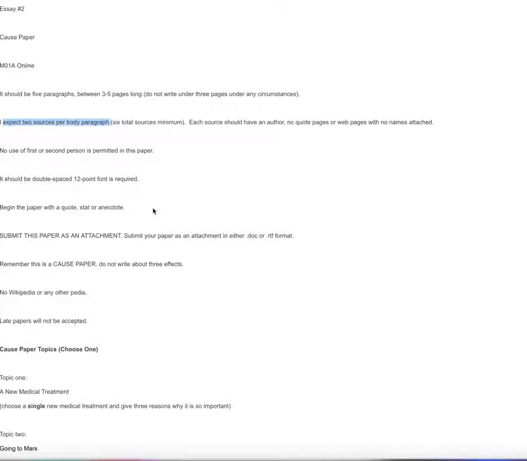What are 3 reasons why, for example, I chose to get a Saint Bernard as a dog or as a pet? This is not an academic topic, but I can tell you, looking at my very large dog to my right, there are many advantages. But if I say there are 3 advantages, that really doesn't tell me it's a cause paper. It's like 3 examples of advantages. So I need to dig down and find 3 reasons why I got the dog and express those reasons as causes. One reason is she's large. Another reason is she seems of good temperament. And a third reason is